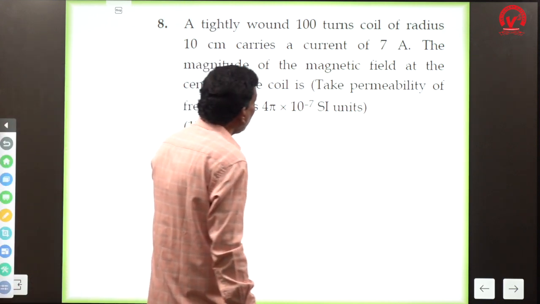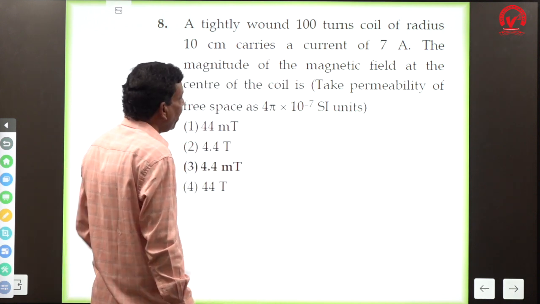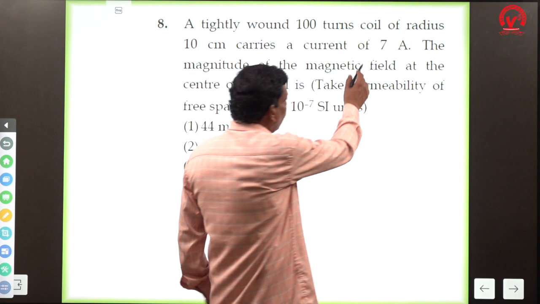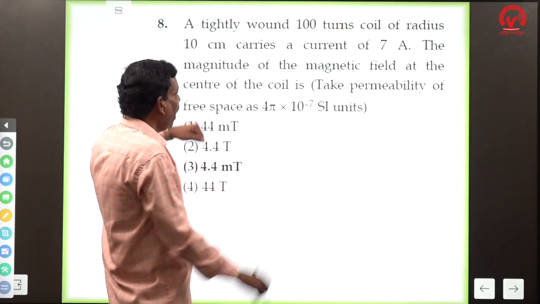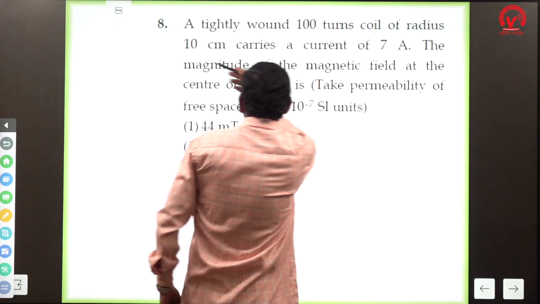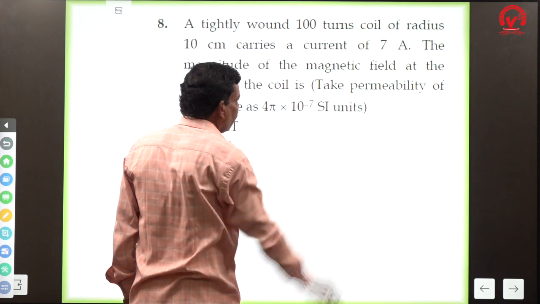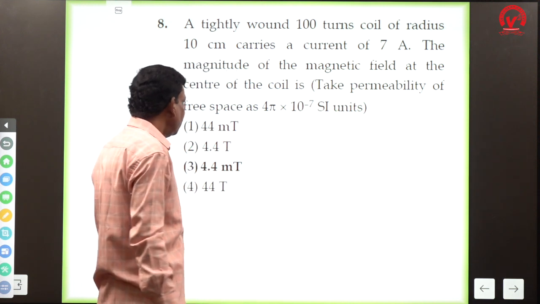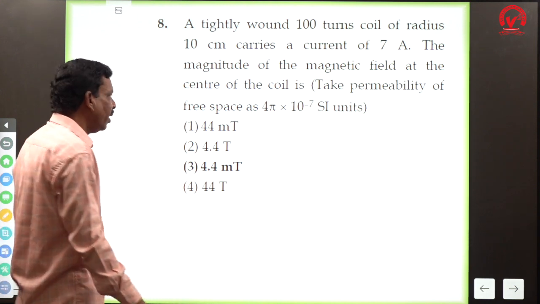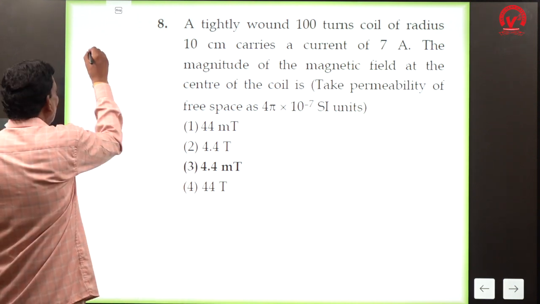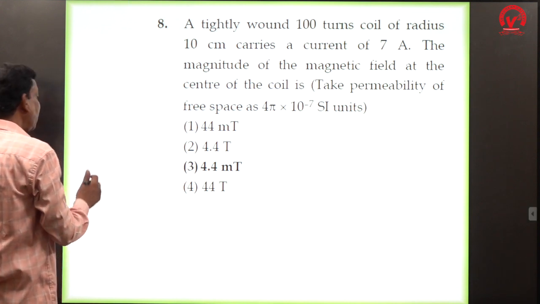A tightly wound 100 turns coil of radius 10 centimeter carries a current of 7 ampere. What is given here? N value is given, radius is given and current is given. The magnitude of the magnetic field at the center of the coil is, take permeability given as 4 pi into 10 power minus 7, SI units. And what is the magnetic field? Magnetic field at center